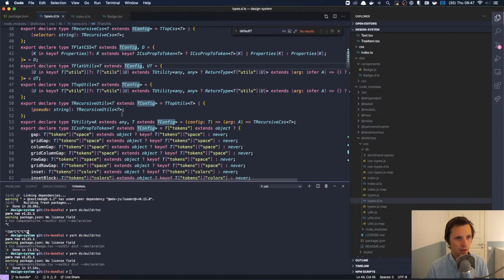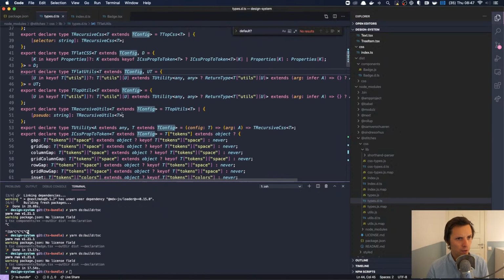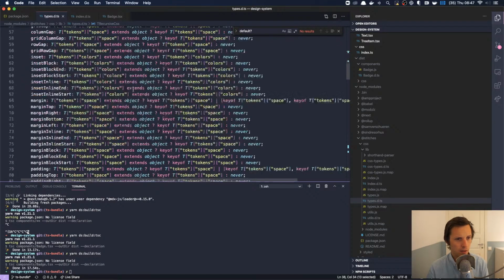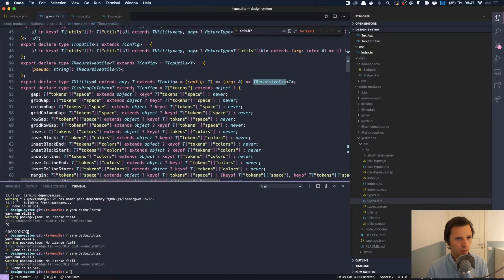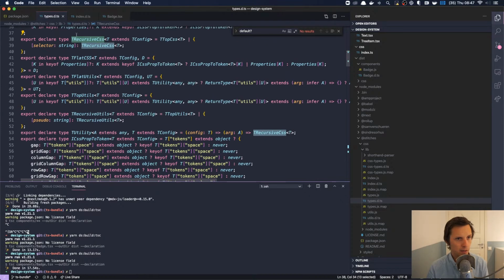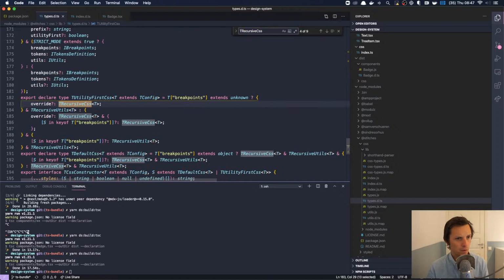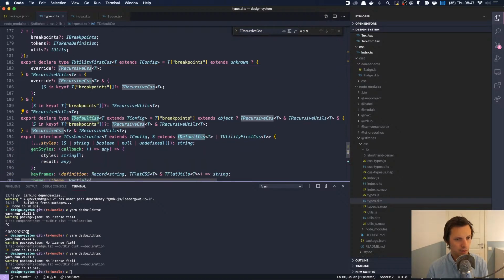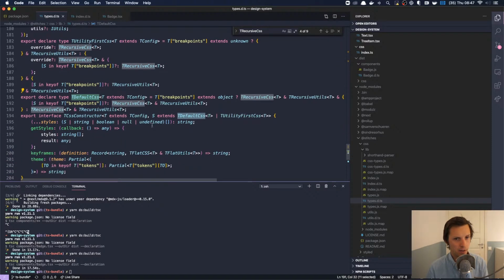So when we run this, what's it called? I don't quite remember where it starts. We have this T recursive CSS. Yes, T default CSS. That's the thing we're actually using.